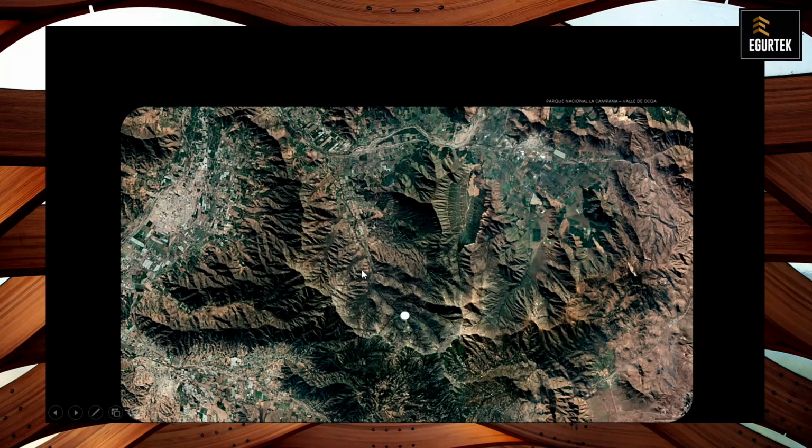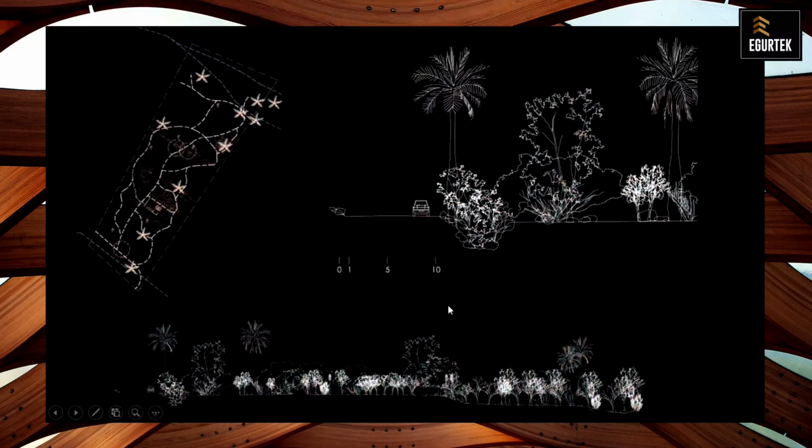And it's located on this edge of the La Campana National Park. It's a mountain range there that has been declared a World Heritage Site. It has lots of vegetable species and lots of animal species, and the geographical aspects are very interesting. The Concagua River flows this way through the mountain range, and this valley of Ocoa rises very slightly here along this ridge, and this is when you reach the site.